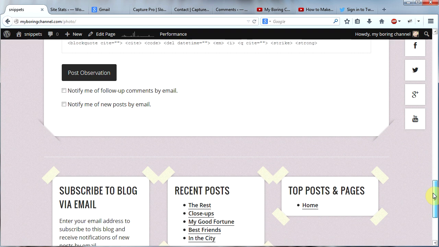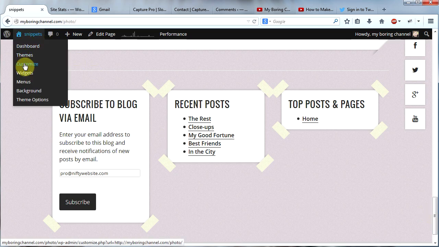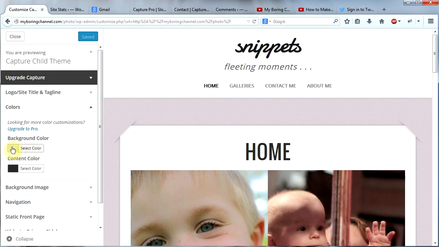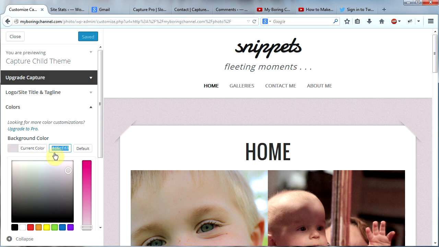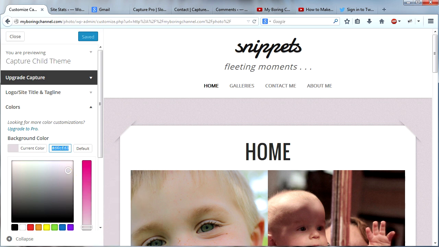Why is that? Well, I'll be honest with you. It's because the developers of this theme have crippled certain aspects of this theme. So, how are we going to fix this? It was a little complicated for me to figure out, but I figured it out. So what we need to do is go here and click on Customize. Now, let's click on Colors and we will see here's the background color that we selected. Here's what we need, this right here. Okay, so I'm going to copy that and stick it in a notepad